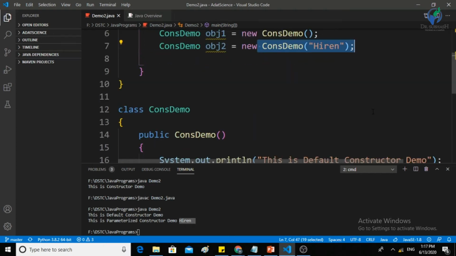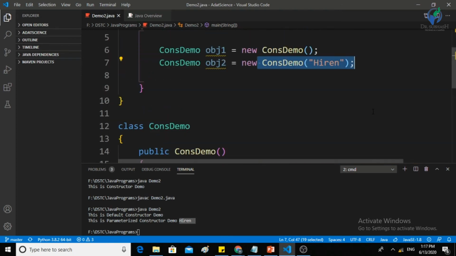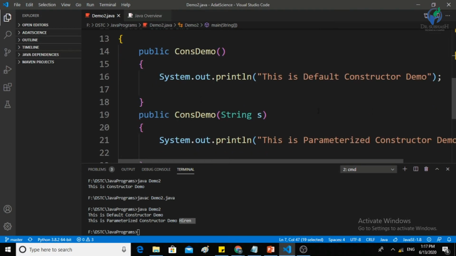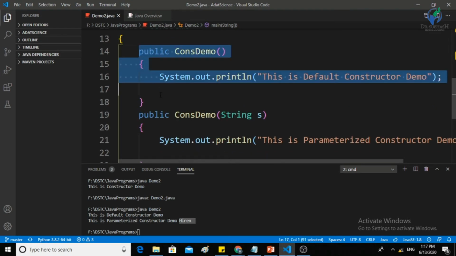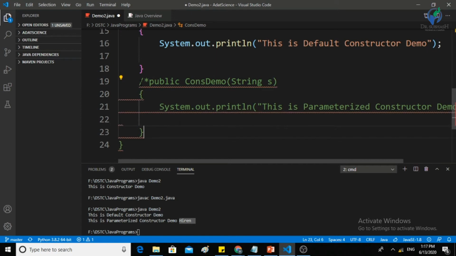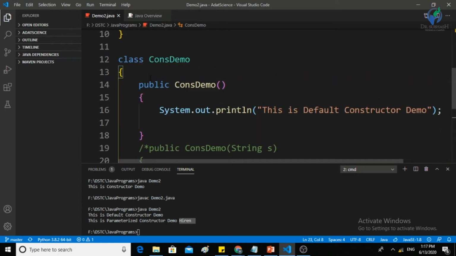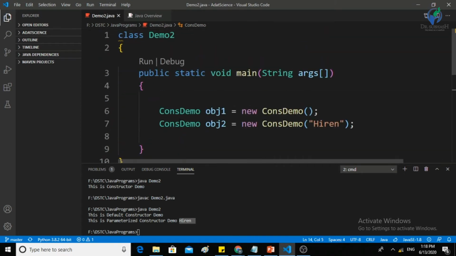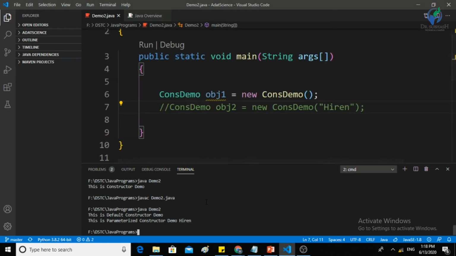Now the second thing to understand is that the default constructor is optional. So what does it mean? Let's say I remove this default constructor and try to compile the code.